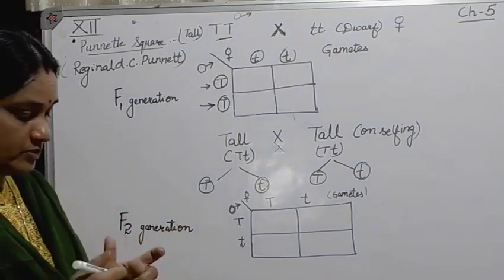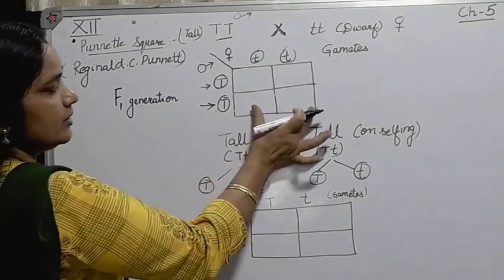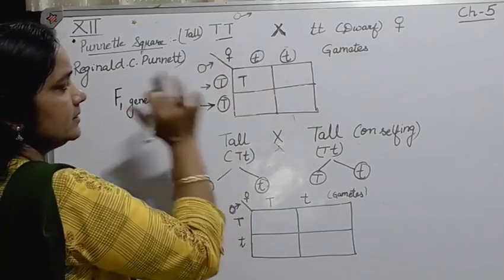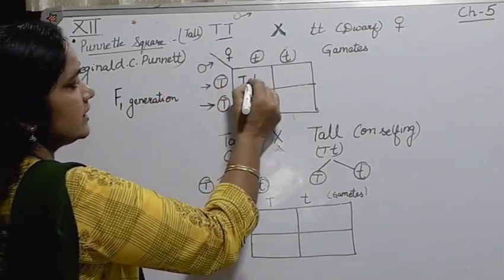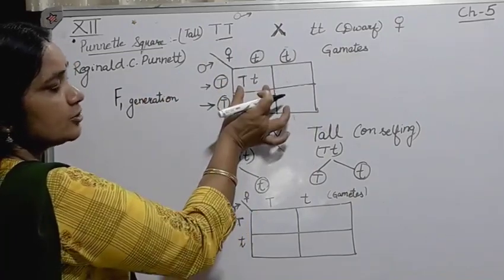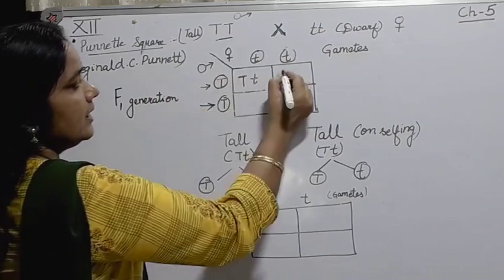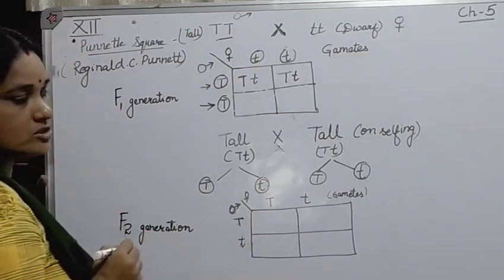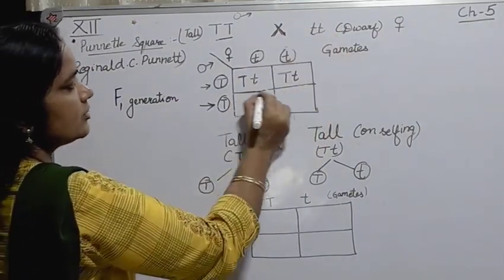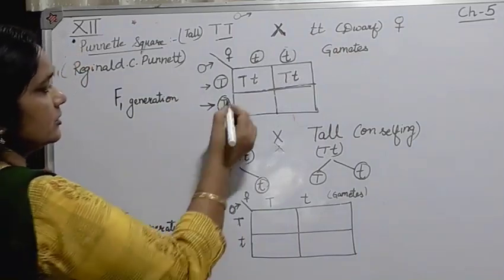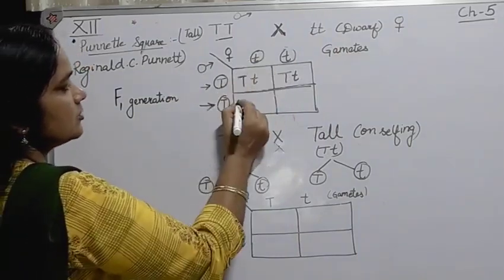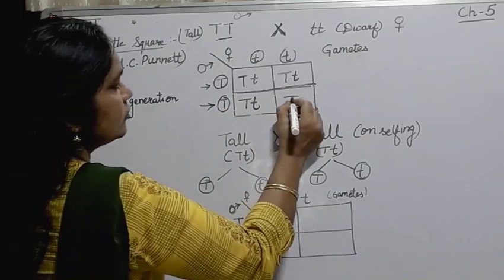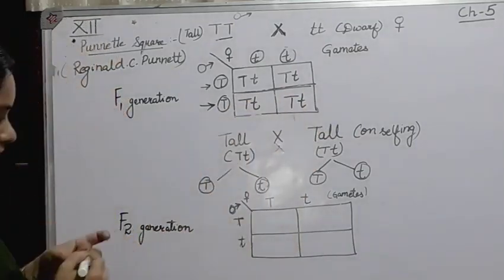Now, let's see how the zygotes will be formed. So here, you have to draw a square. In the first column, one of the gametes which has come from the tall plant fuses with a gamete which has come from the female plant to form a heterozygous capital T and small t zygote. And here also this capital T will be combining with another small t gamete obtained from the female, and it also forms a heterozygous capital T and small t zygote. Now look at this. This capital T combines with this small t, it will be another heterozygous zygote, that is capital T and small t. And in the fourth one also it is the same condition, it is all heterozygous.